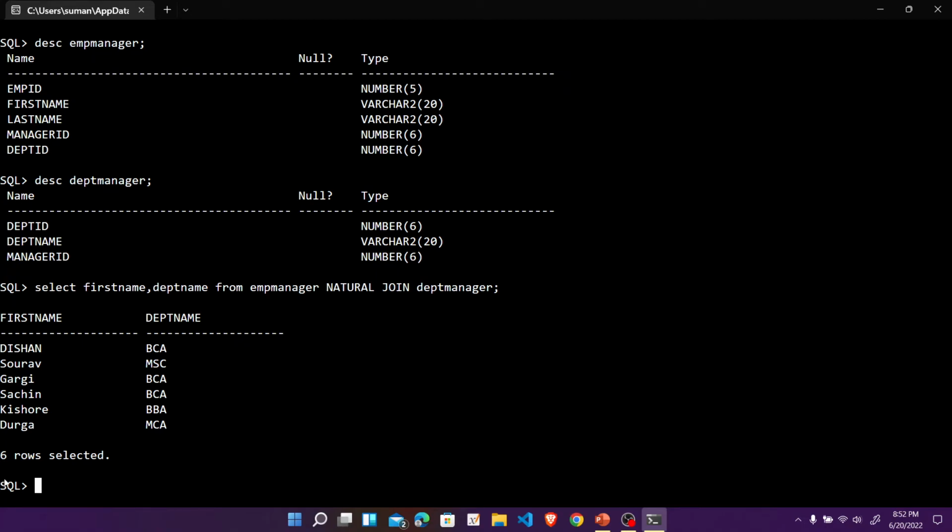Here 6 rows are the records selected, but this is not intended as we want, as